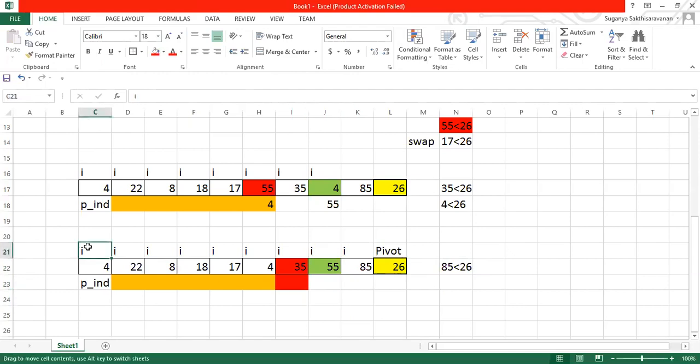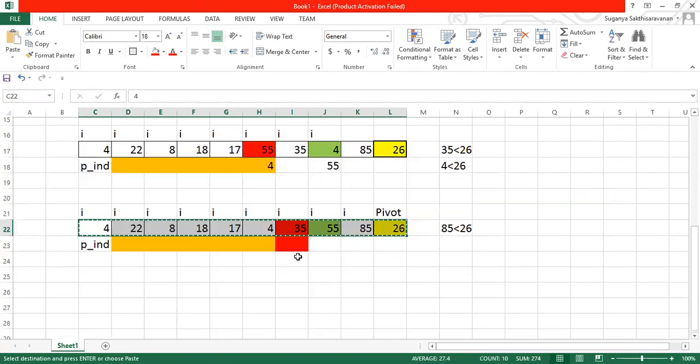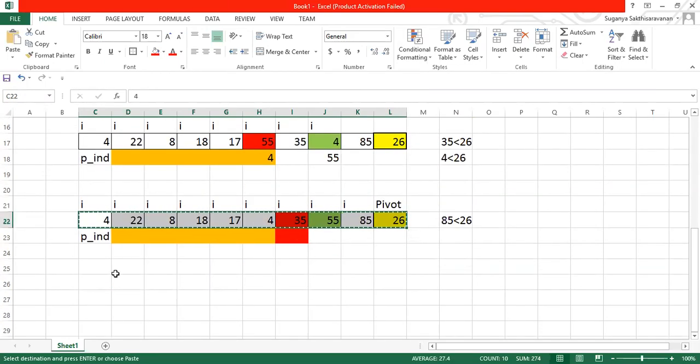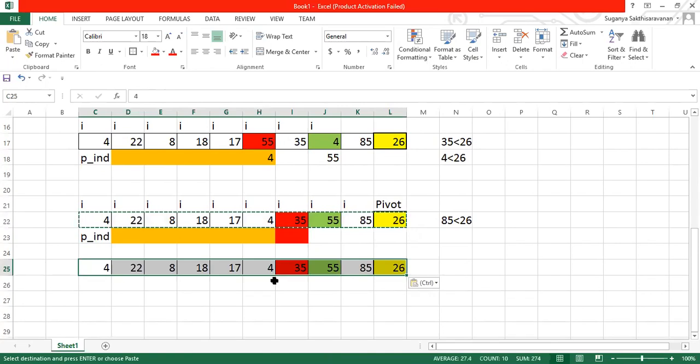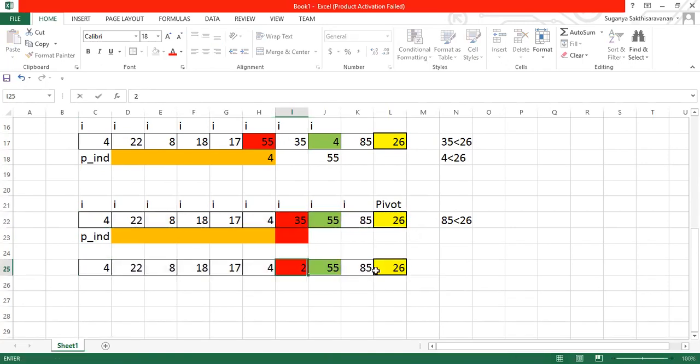So your final result will be like this, guys. I have found the point of insertion. So the next index position of your pivot index is the point of insertion. So you're supposed to swap 26 here and 35 goes here. So now you can notice that all the elements towards the left side of the pivot value are lesser, and the right side of the pivot element is greater, isn't it? Now you can find it out, right?